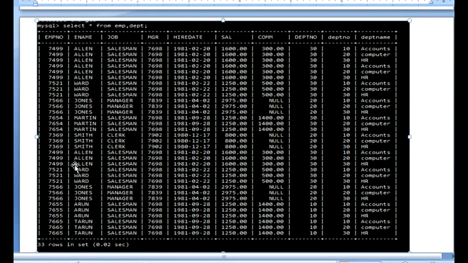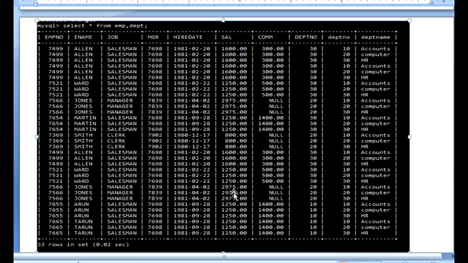But in the final output, 3 records of the same person are displayed with 3 different department names. So how can you confirm which department he actually belongs to? This raises a confusion about which record is the correct data for the person. So in such cases we can't apply the Cartesian product.